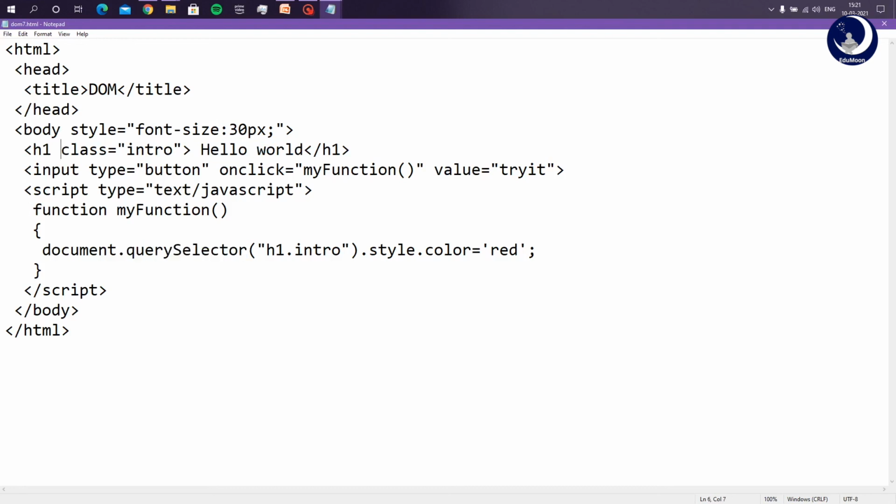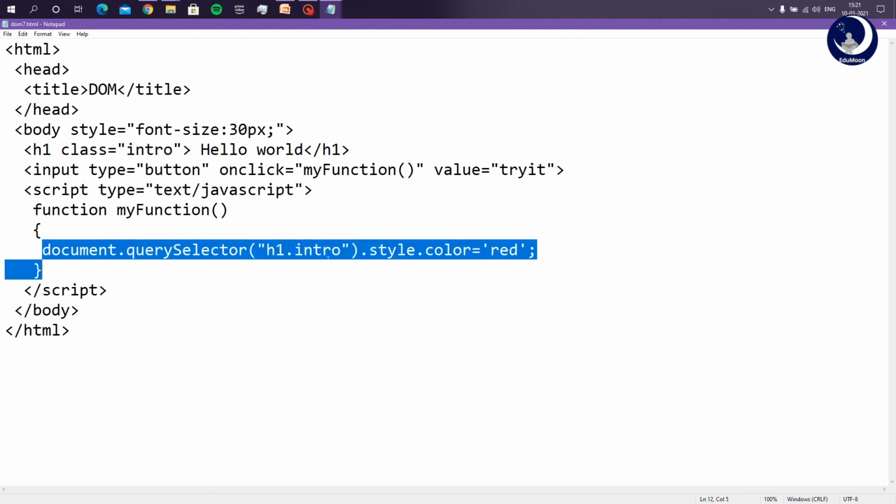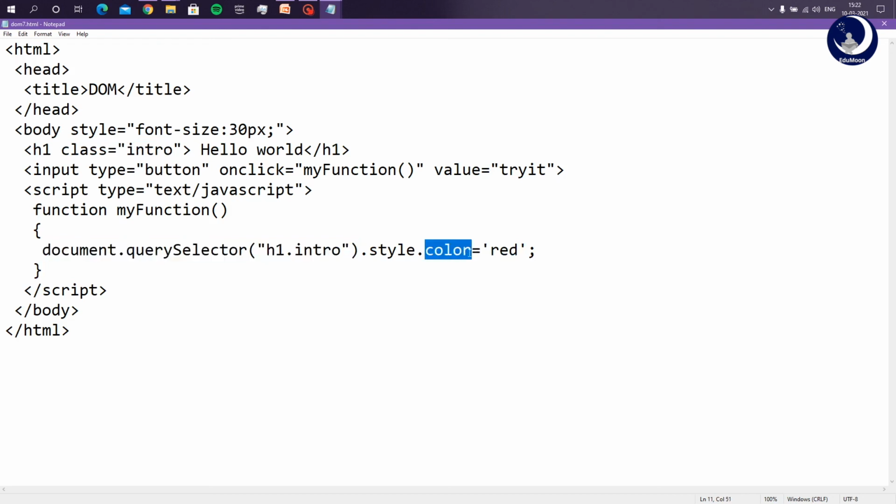I will set the class by just writing it, without setting it dynamically, and then I will call document.querySelector h1.intro, and then style.color is equal to red. Since I wanted to change its color, I would say color. If I wanted to change the font size, I would say font size, and the value here would be the size in pixels.